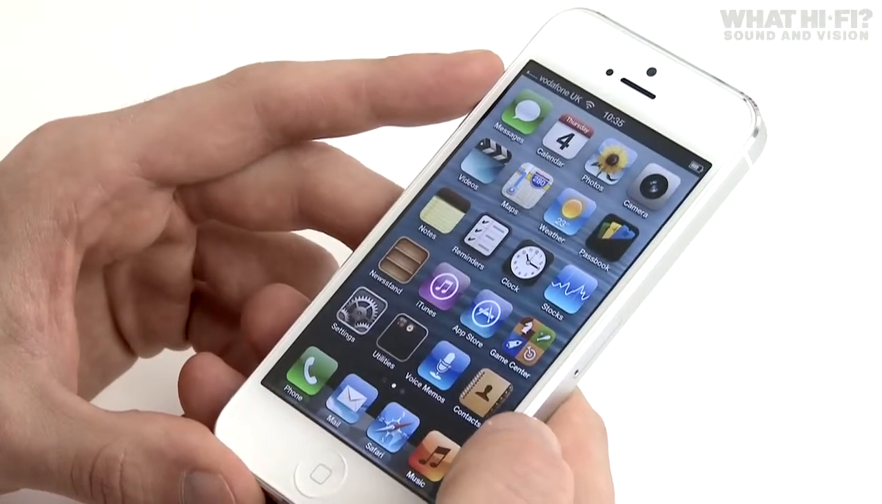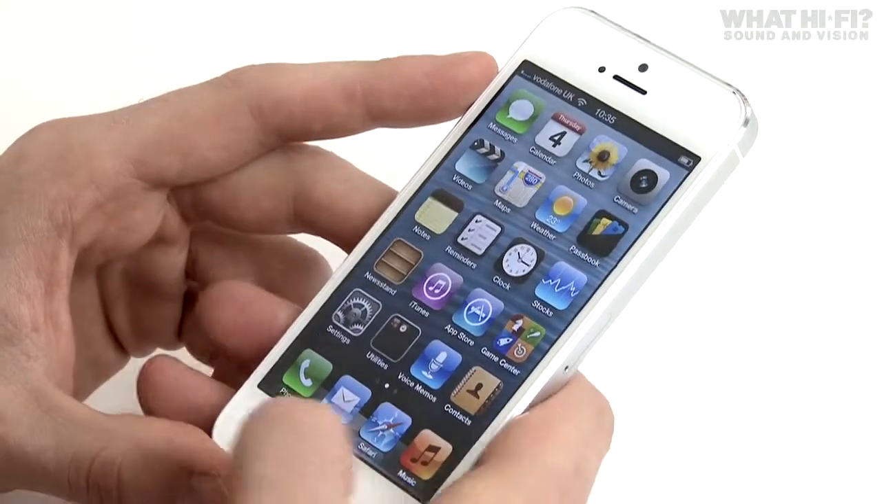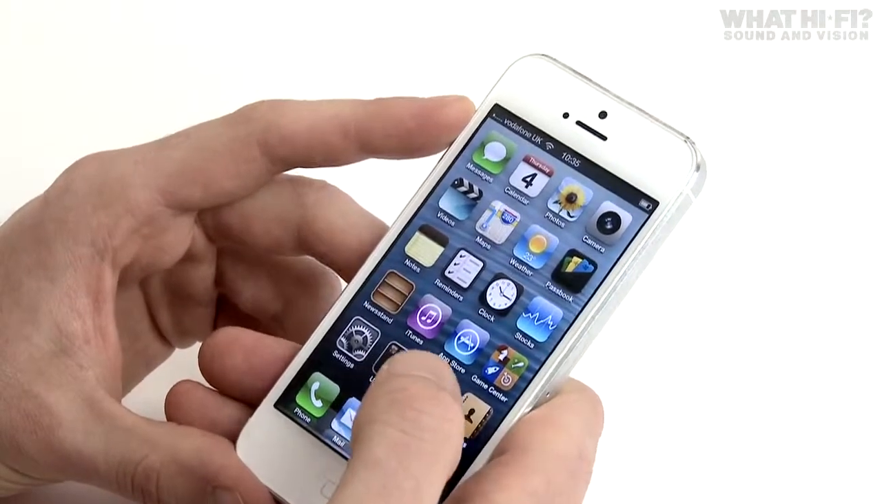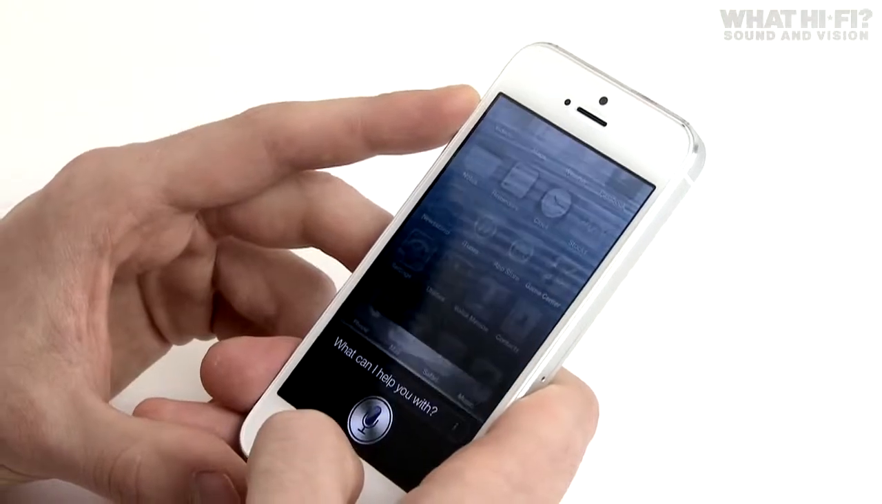The iPhone 5 also uses the latest Apple software, iOS 6, which has some neat updates including Passbook and Siri,